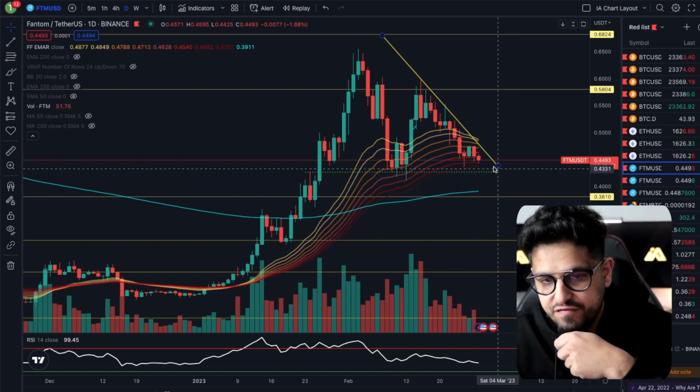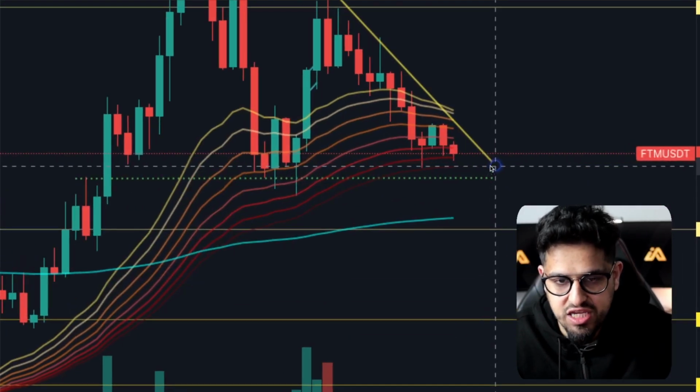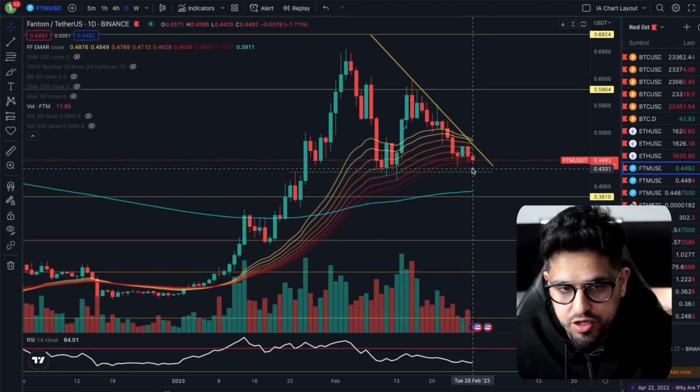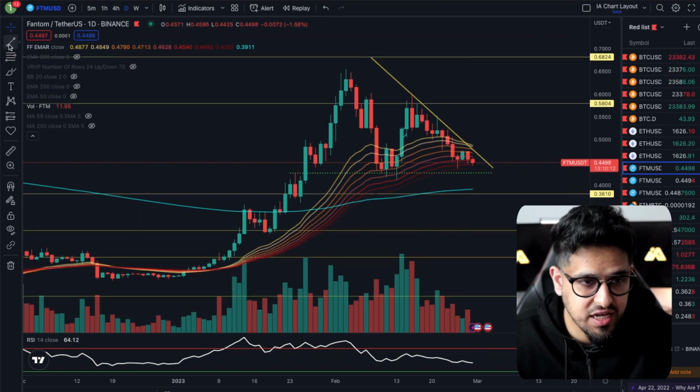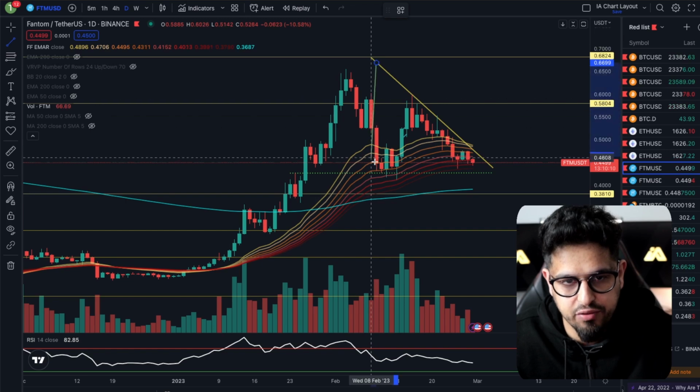So that's what we're looking at here in Fantom. You're coming close now to this EMA ribbon breaking, and if it does, you can immediately see here that the price targets won't be too fun. In fact, if you wanted to do it as a little kind of price target here, and I'm doing this very rudimentarily here,